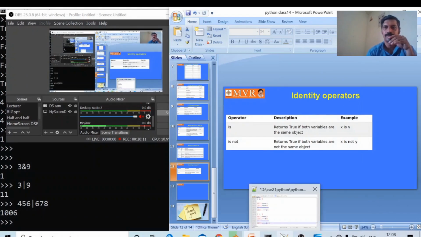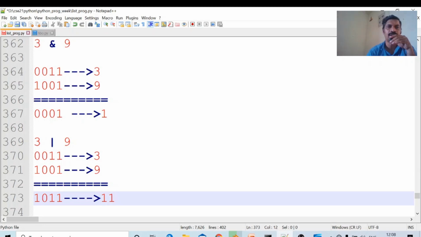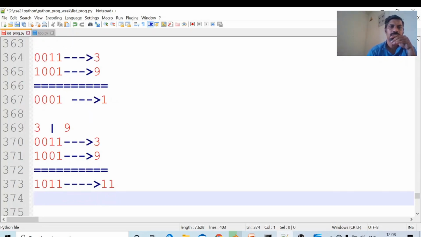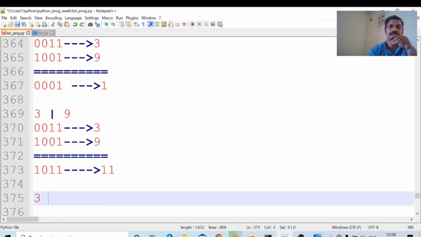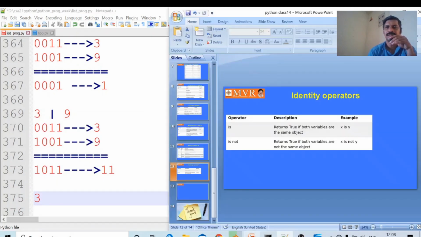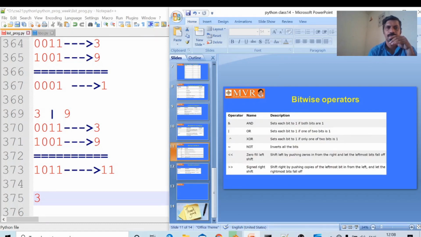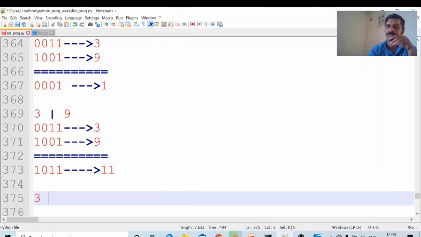For the same operands, we will see what will be the result for 3 XOR 9. The caret is the operator.